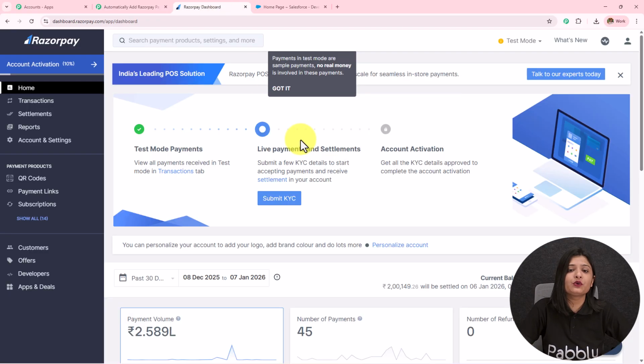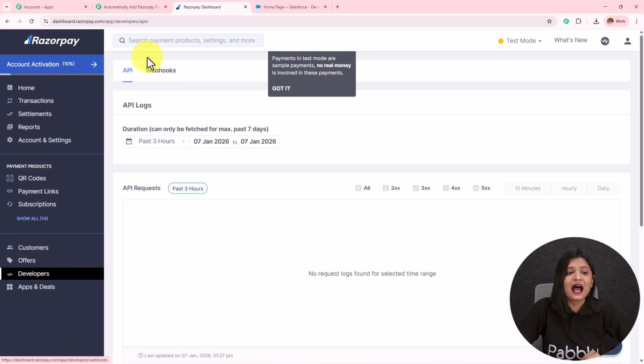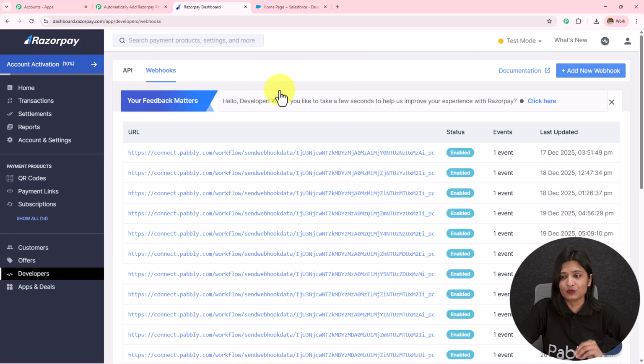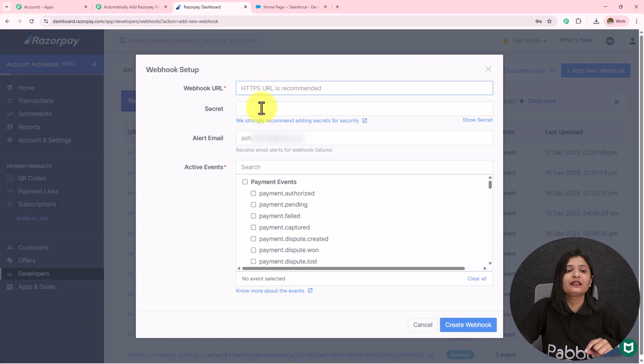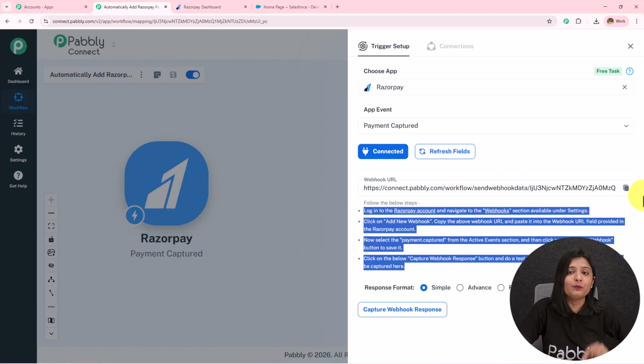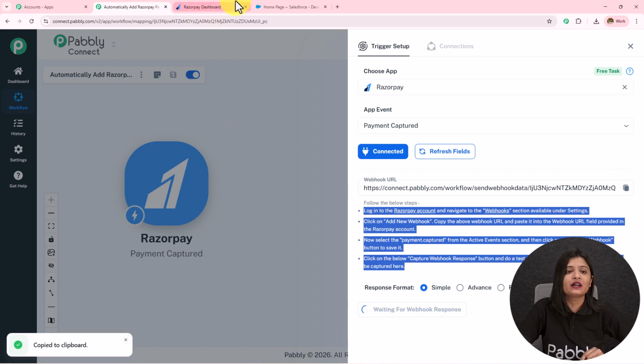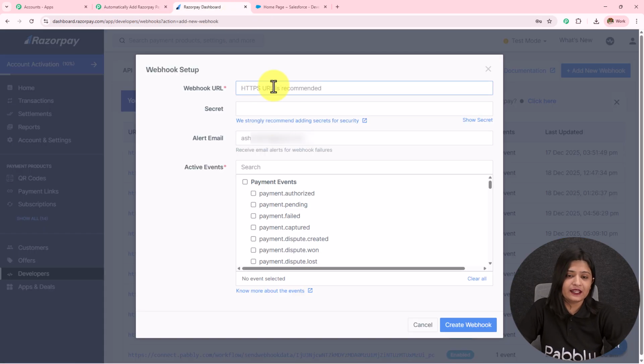For that, I'm going to open my Razorpay. On the left hand side where I can see all these options, I'm going to go towards the developers, and on the top you can see this APIs and webhooks. We have to click on this webhooks, and then click on add new webhook. Now here I need to enter this webhook URL. I'm going to open my workflow, copy this webhook URL, and paste that over here,